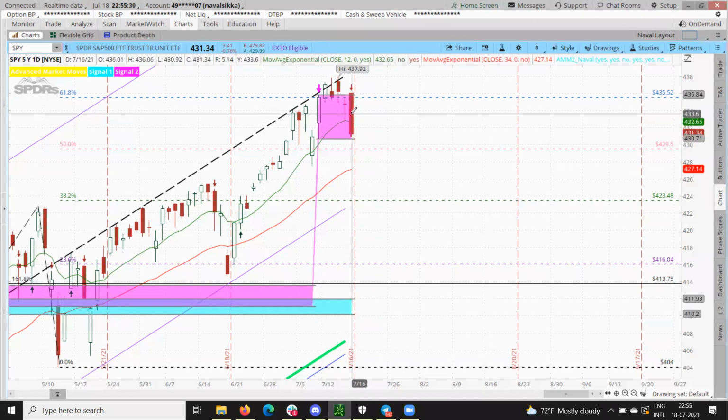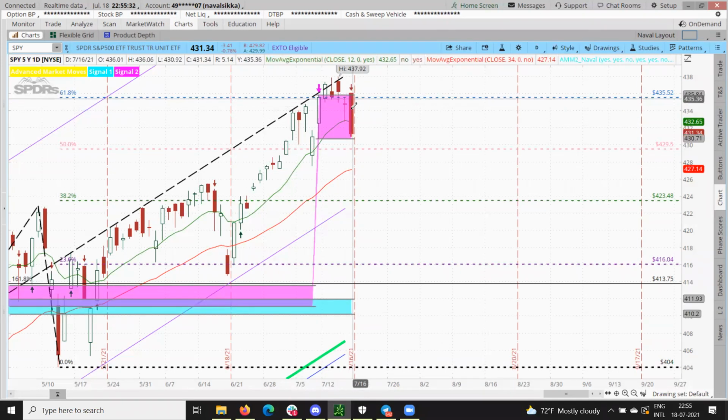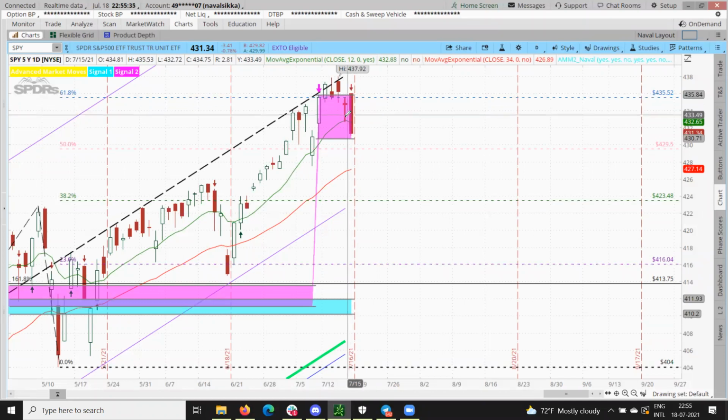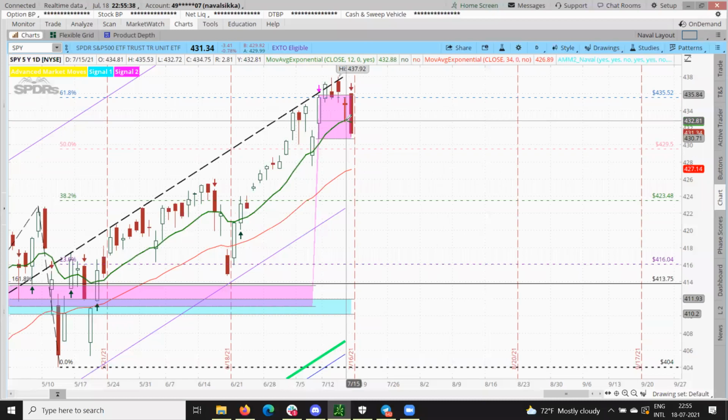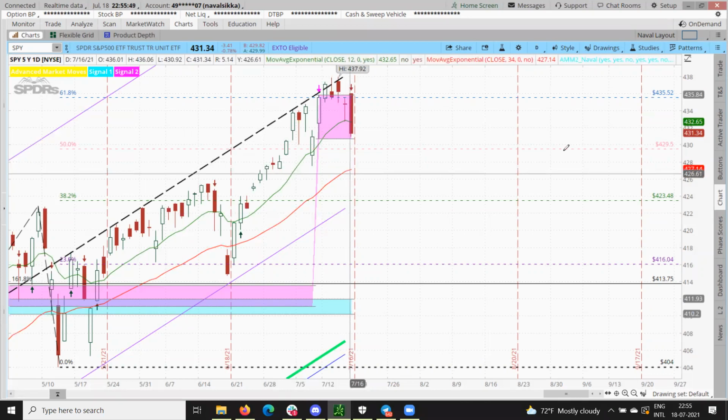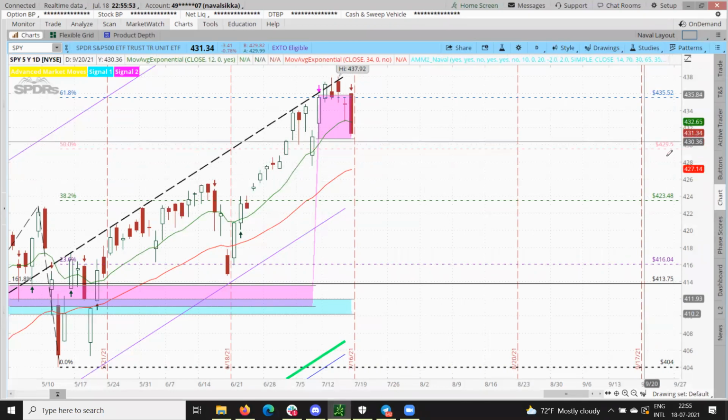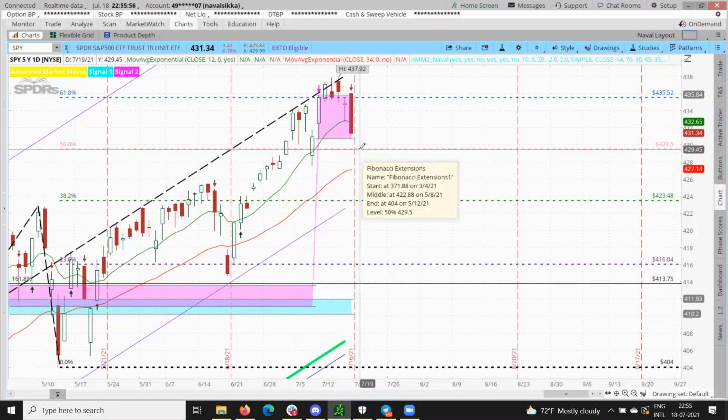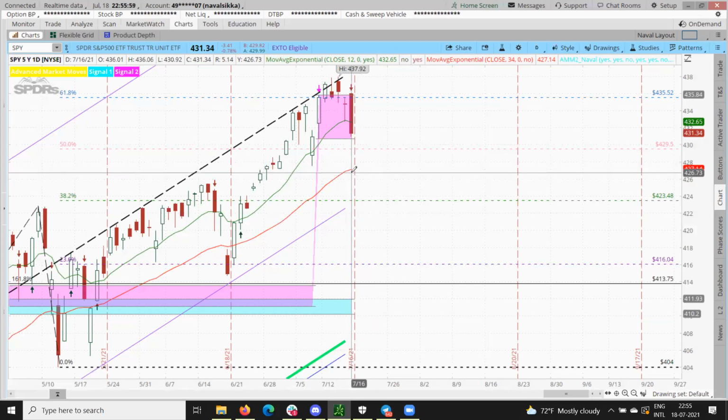So if you followed this chart on Friday, you were clearly sure that yes, once it breached the level of 432.81, it was making a bearish engulfing. And if you shorted at that moment, you were almost $3 into the SPY. Okay. And you still have a target of 429, where you can book your 50%. Once it breaches it, you have a target of 427. At 427, we need to reevaluate what we should do. Should we wait for it to go further to 423, or should we book our profit and see whether it makes